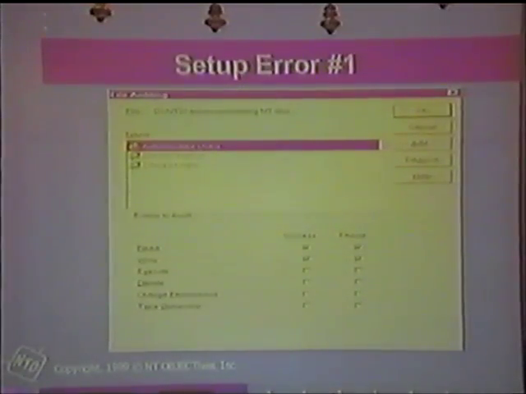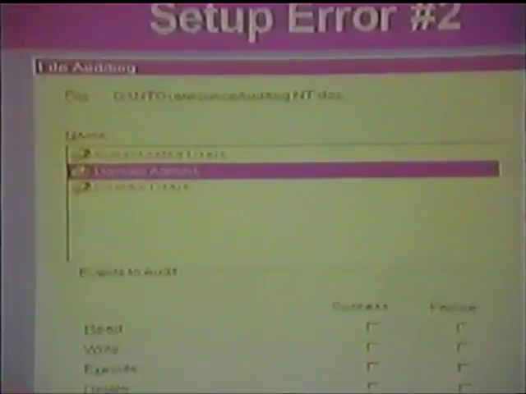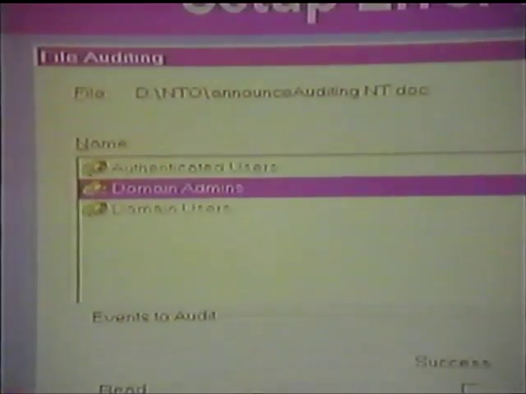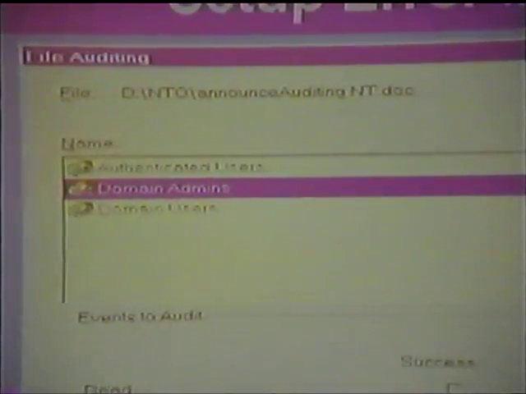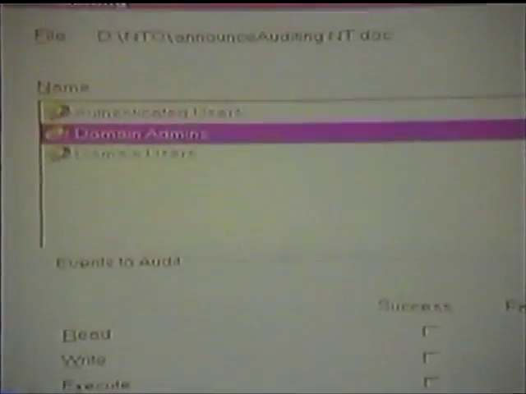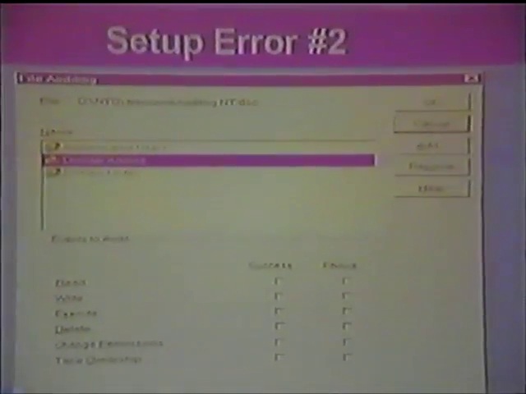The only problem is that it looks like you've set those attributes for the first three guys, but you haven't. What you end up with is this. Nothing has been set for the domain admins, and nothing has been set for domain users. So when you're doing this on a wide scale, you basically now have a bunch of nothing. So you think you've set up an audit system, and when you go back and look at this a couple months later, you have actually no